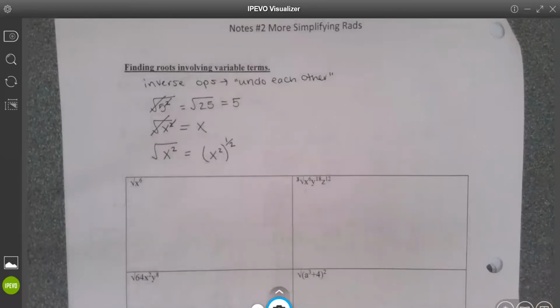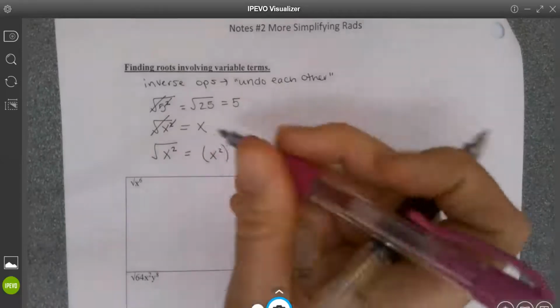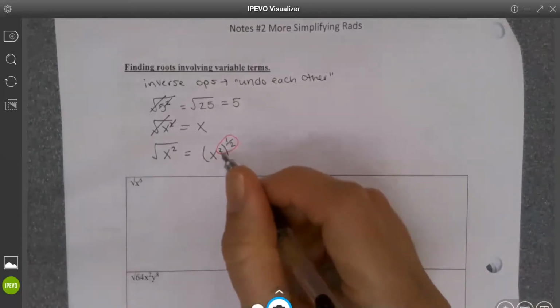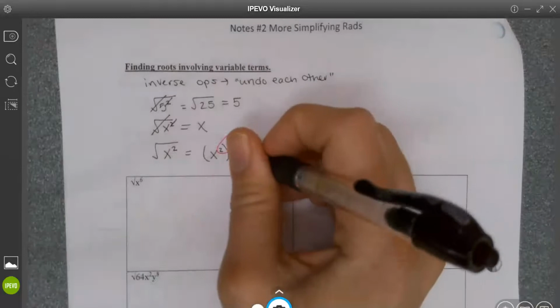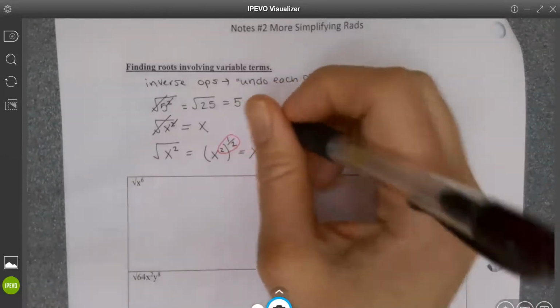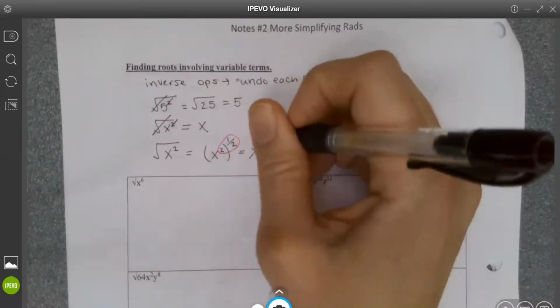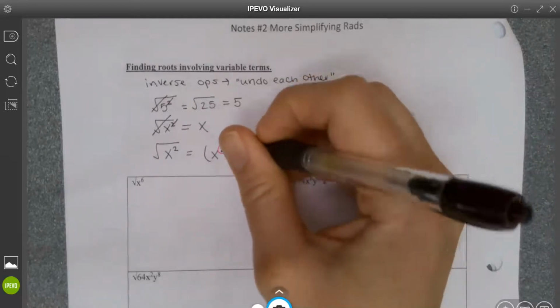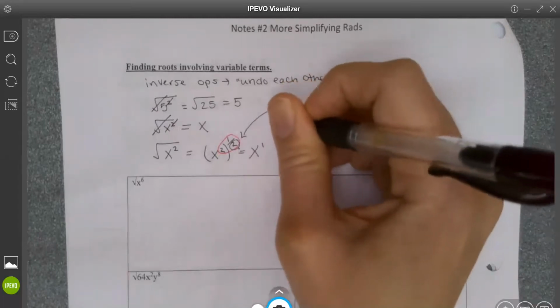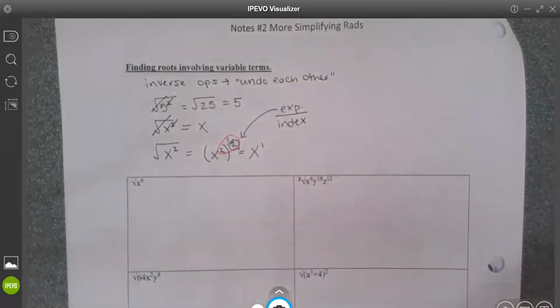And we talk about this in an Algebra 2 course. But to give you a basic idea of what's happening when we simplify with variables, if we go back to properties of exponents, power to a power, we would be multiplying there. And 2 times 1/2 just gives me x to the 1st. And so this idea helps us understand how we simplify with radicals, which is really going to be that we're going to take whatever our exponent is and divide it by whatever the index is. I'm going to take the exponent and divide it by the index of the radical, and that's going to tell me if I can evaluate that